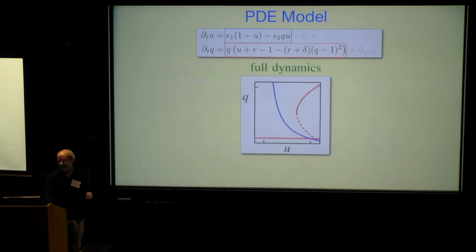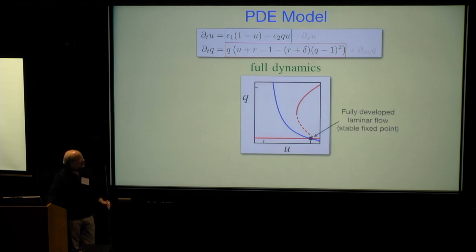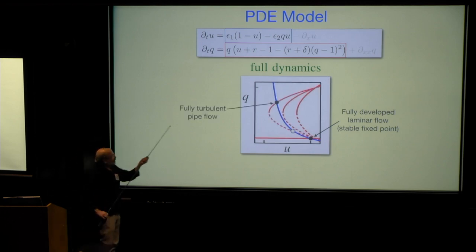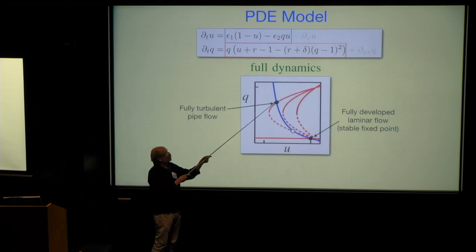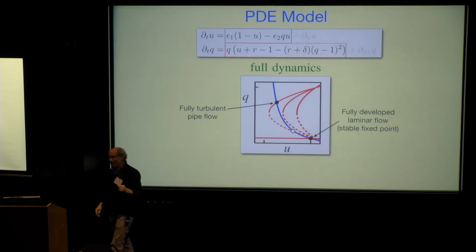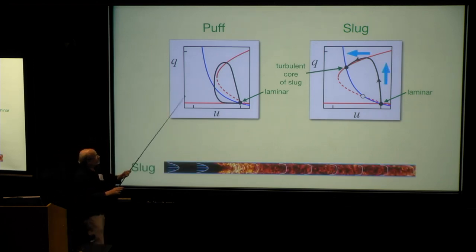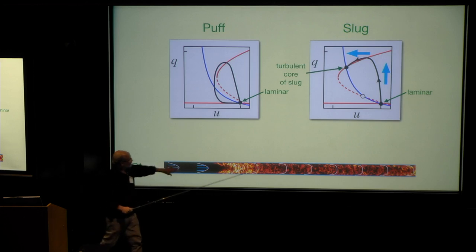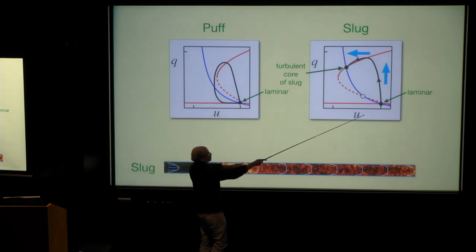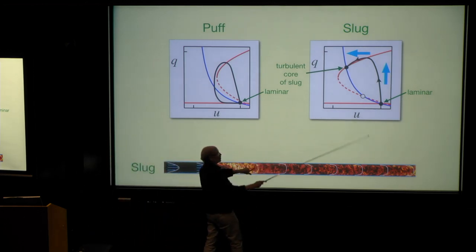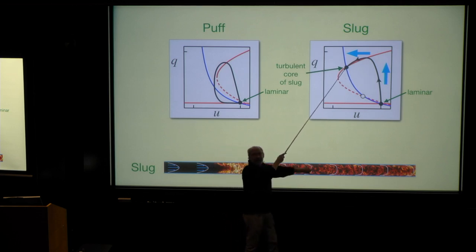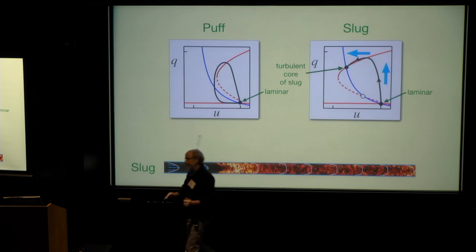Okay, and you put those together, and you get a phase diagram that looks like this. Anytime the red and the blue intersect, you have a fixed point. That corresponds to fully developed laminar flow. It exists and is stable for all values of the Reynolds number. As I increase the Reynolds number, I get another fixed point where I get an equilibrium between the turbulence and the shear profile. And when you do this, you have two kinds of states. Let's just do the slug. So this is a slug. I start here with laminar flow. I convert, the turbulent intensity goes up, the shear profile blunts, I reach an equilibrium, and I'm happy, and I exist. That's all there is.